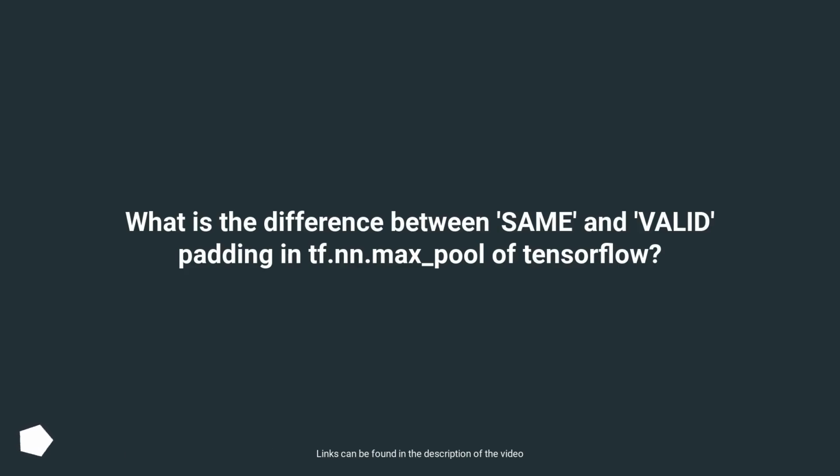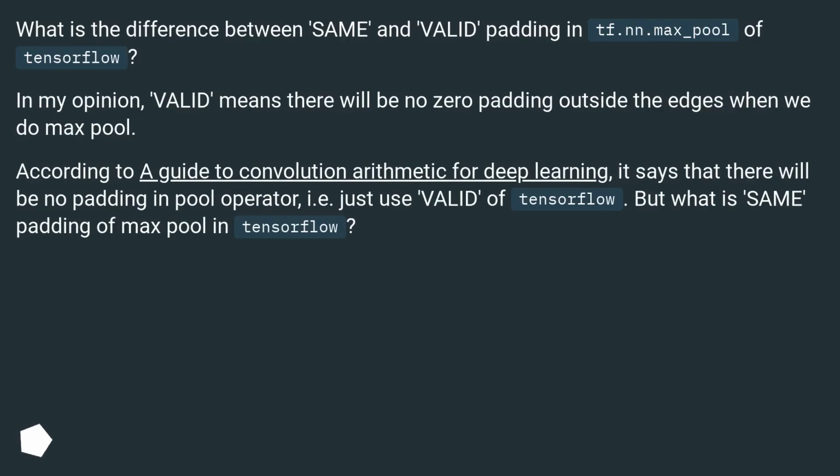What is the difference between same and valid padding in tf.nn.max_pool of TensorFlow? What is the difference between same and valid padding in